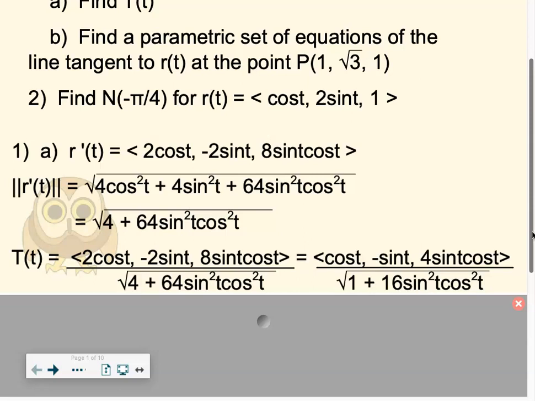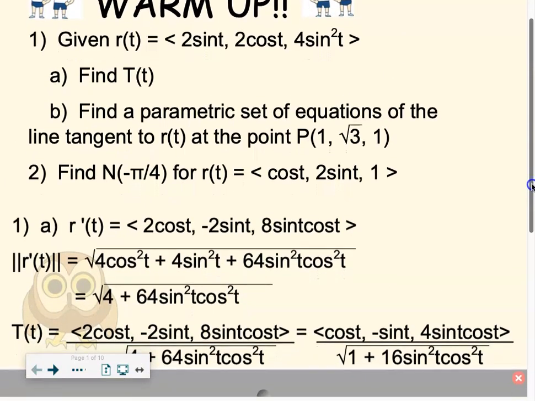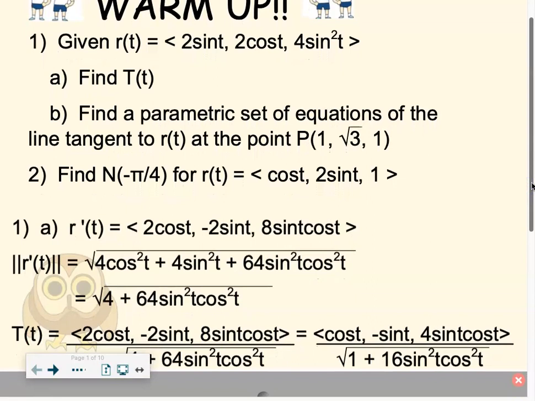So for the equation of the line, first of all, we need a t. Let's look at our function. Can we figure out a t? Because they didn't tell us a t, they gave us a point. So what we know is that